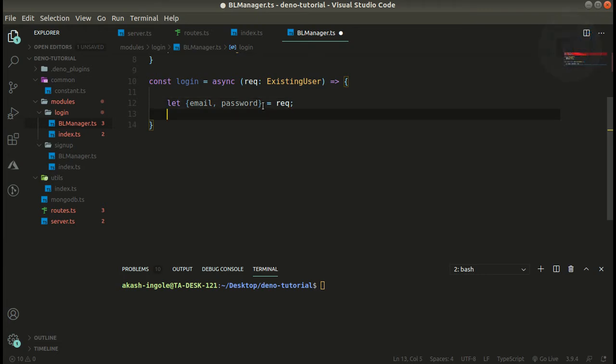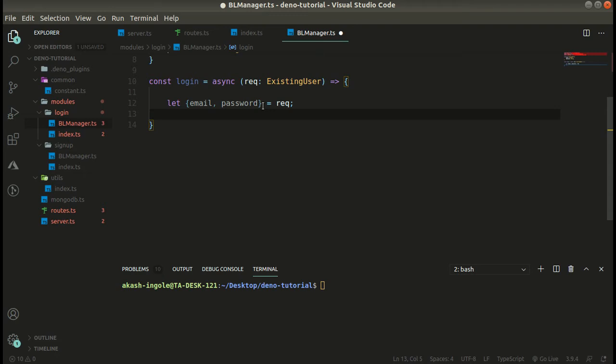So friends, first let's understand the logic or the algorithm that we are going to use. When we receive the request from the user, that is email and password, first we will go for the falsy case. We will check if the user does not exist in our database. Then we are going to simply return a message that will be invalid email or password. But if the user exists in our database, the registration process has been completed, and now he or she is trying to log in, then we will first compare the password with the help of the bcrypt module that Deno provides.